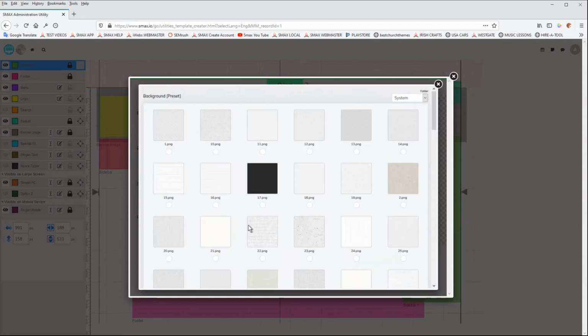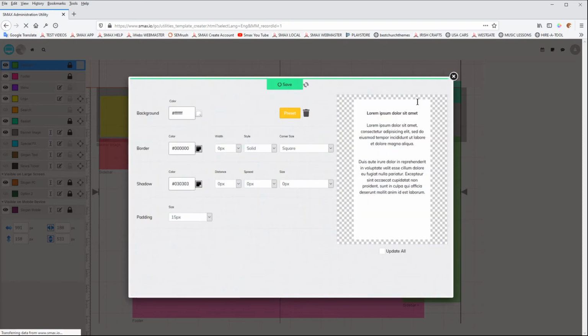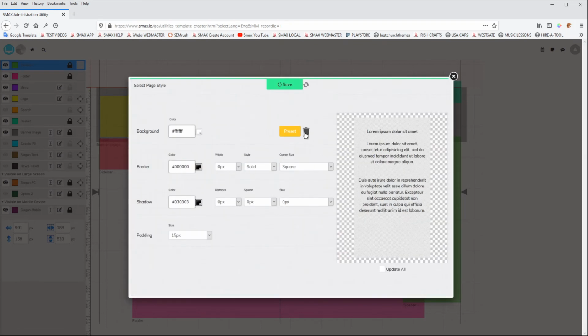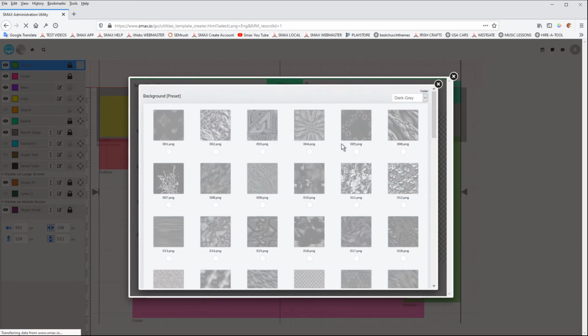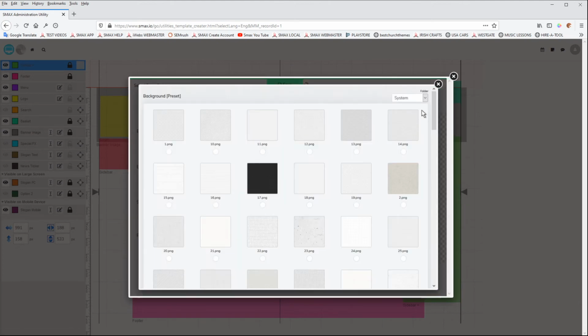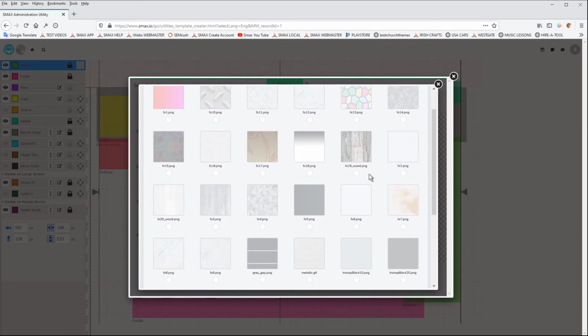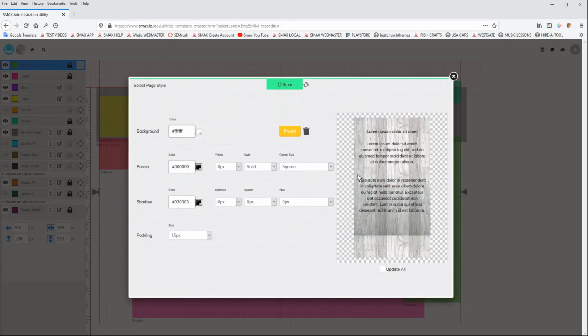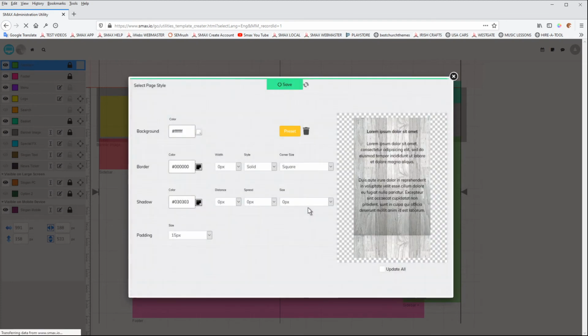So in here we've got all sorts of different images we could fill that container with. Now obviously, I think there's about 10,000 images that you could put in here. Obviously a lot of them aren't going to work very well, but it's really just to show you the possibilities of this software. It really is so